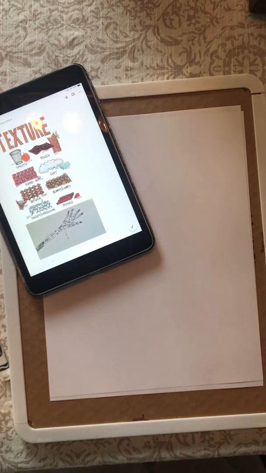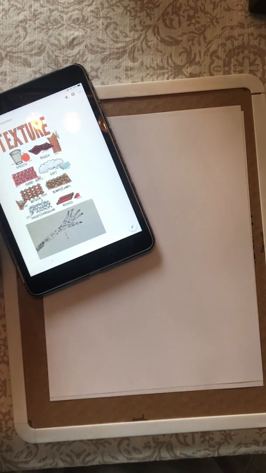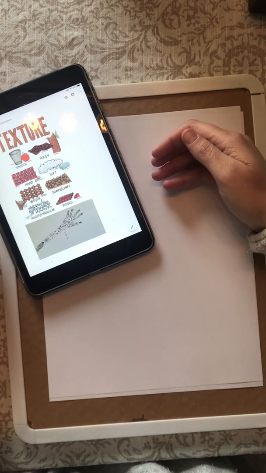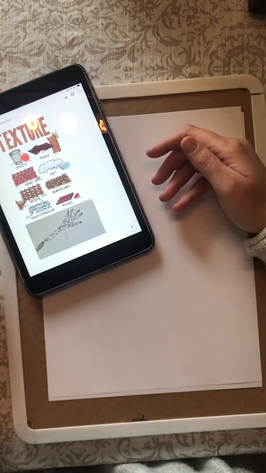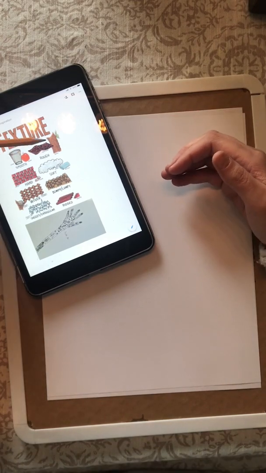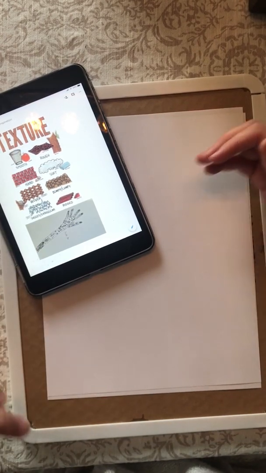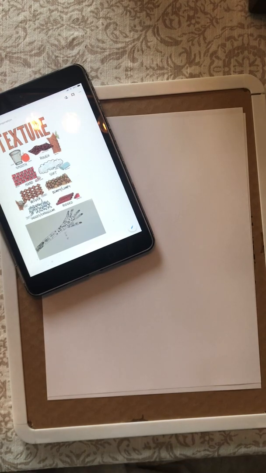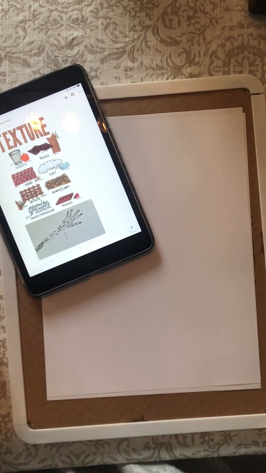Today, or this week rather, we are going to focus on texture. Now, texture is the surface of an object. Every object has a surface, so every surface has a texture. So textures can be smooth, rough, hard, soft, bumpy, lumpy, jagged, rigid, anything that you can think of, because everything